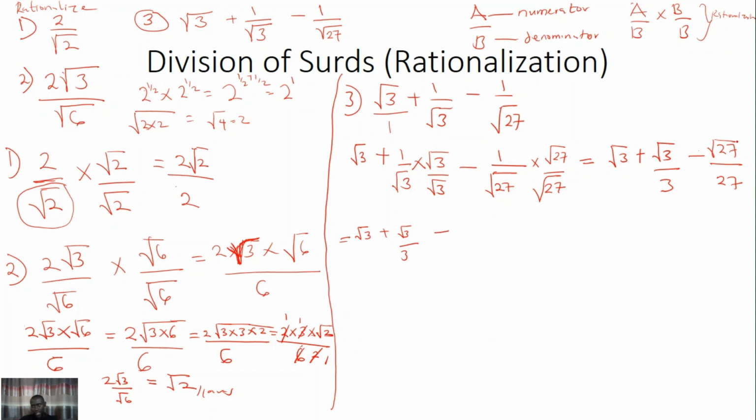Now, let's simplify this surds. Okay? That will be root of 3 times 9 all over 27. And we know this will give us root 3 plus root 3 all over 3 minus, what is the root? Square root of 9. That will be 3. That will be 3 root 3 all over 27. 3 here 1, 3 here 9. Okay? So now that we have this,